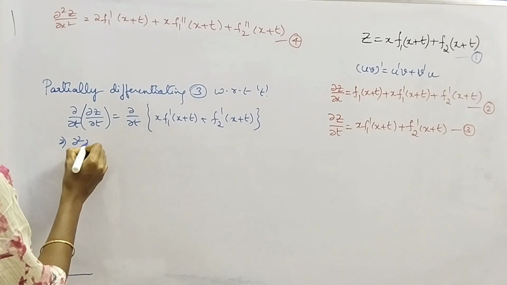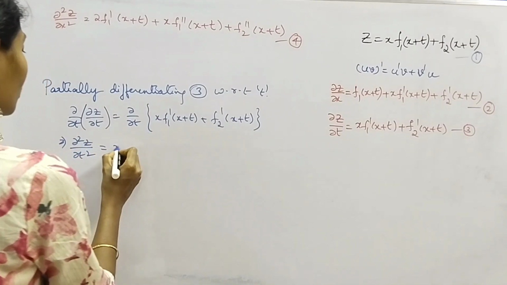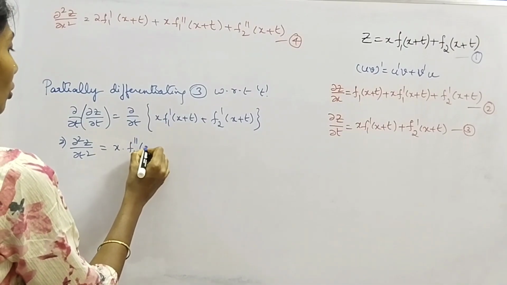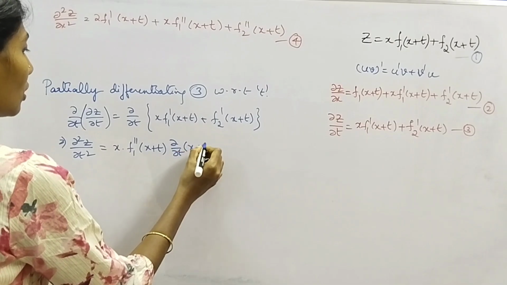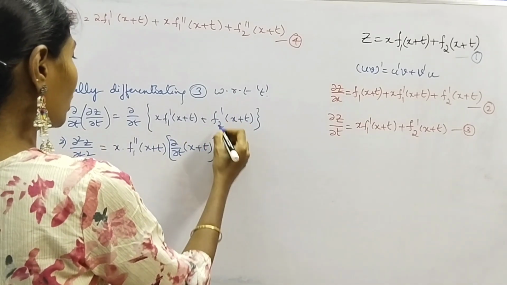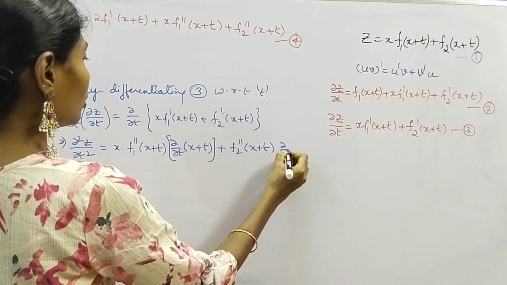This gives us dou square z by dou t square equal to x is constant, right? x into partial derivative of f1 dash, which is f1 double dash of x plus t, into inner derivative dou by dou t of x plus t, plus partial derivative of f2 dash, which is f2 double dash of x plus t, into inner derivative dou by dou t of